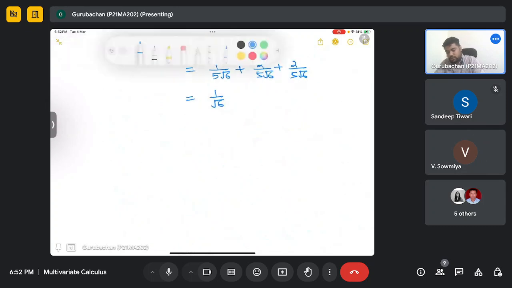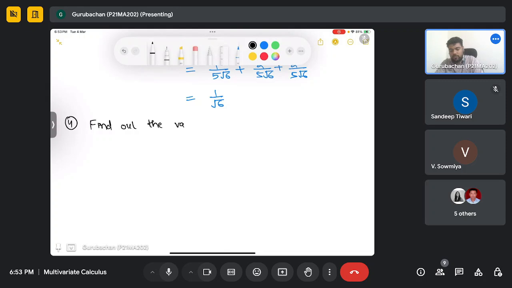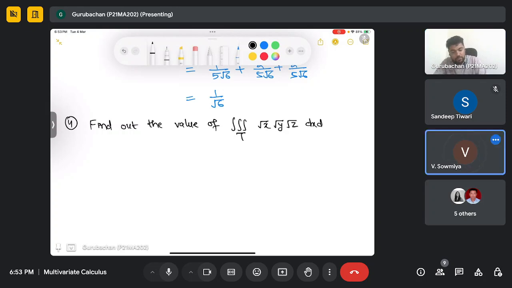So question number 4. Find out the value of the triple integral of under root x under root y under root z dx dy dz, where T is the region bounded